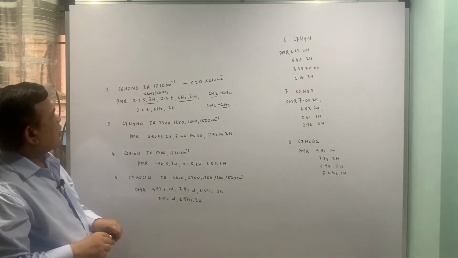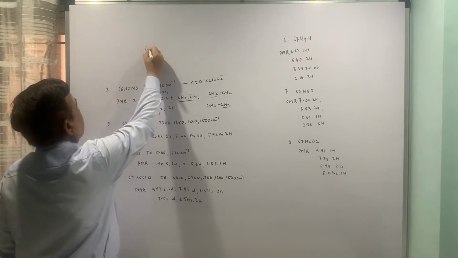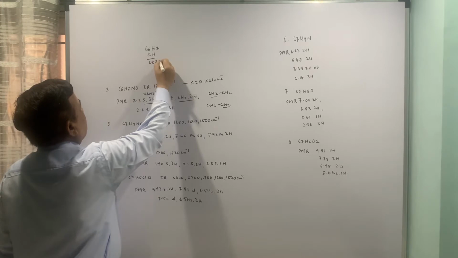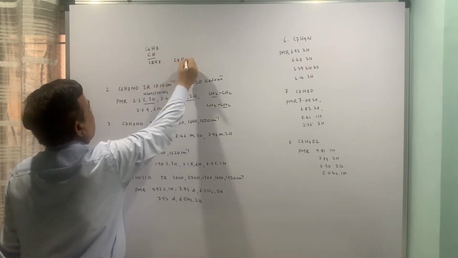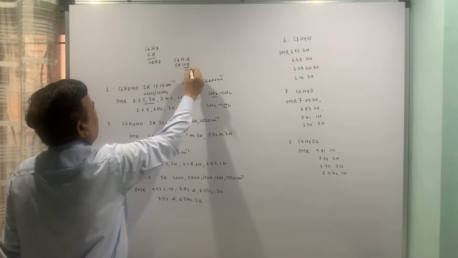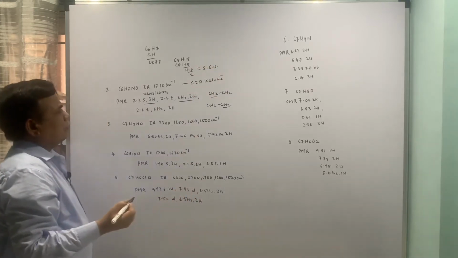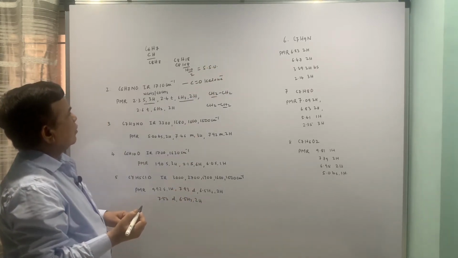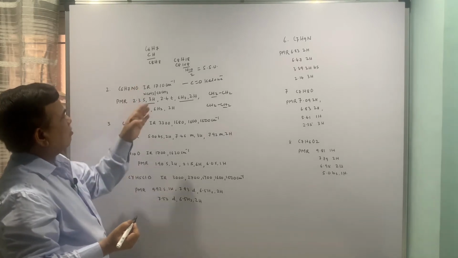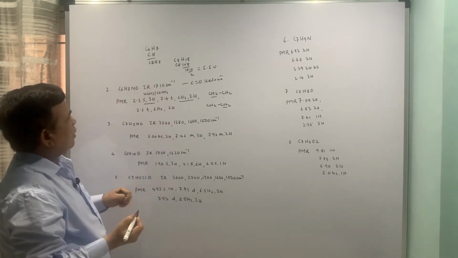So C6H7NO, sides of unsaturation, let us check. C6H7 and CH, C8H8, C8H18, C8H8, 5 sides of unsaturation. Five sides of unsaturation, and nitrogen is also there. So nitrogen